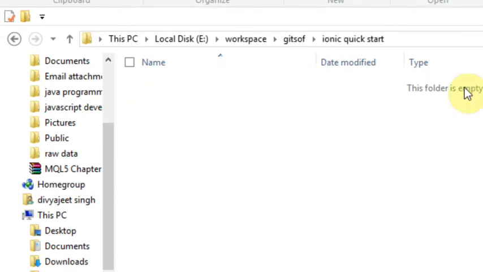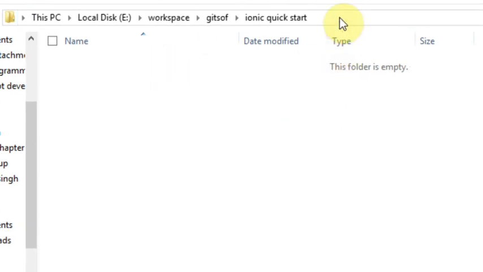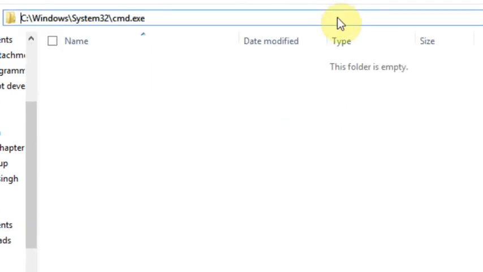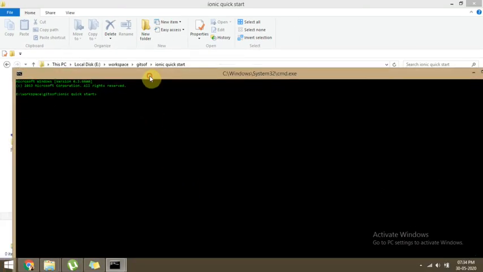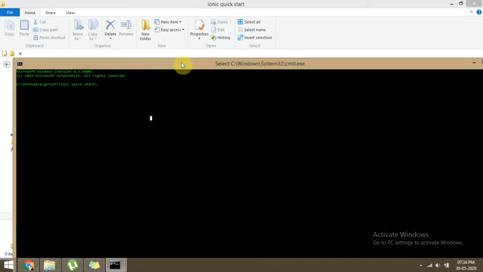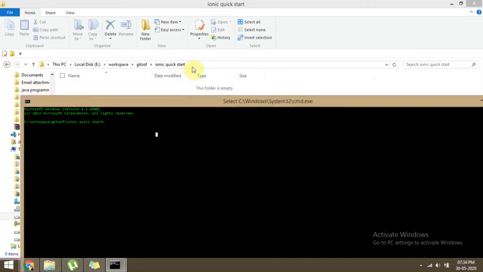In this folder we can open your terminal. To open it, simply type cmd in the header with the folder location. You can see a command prompt is open, and its location is where the project will be.